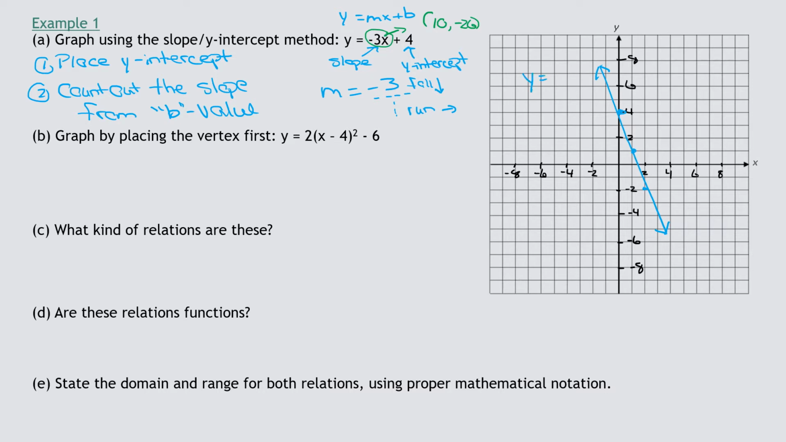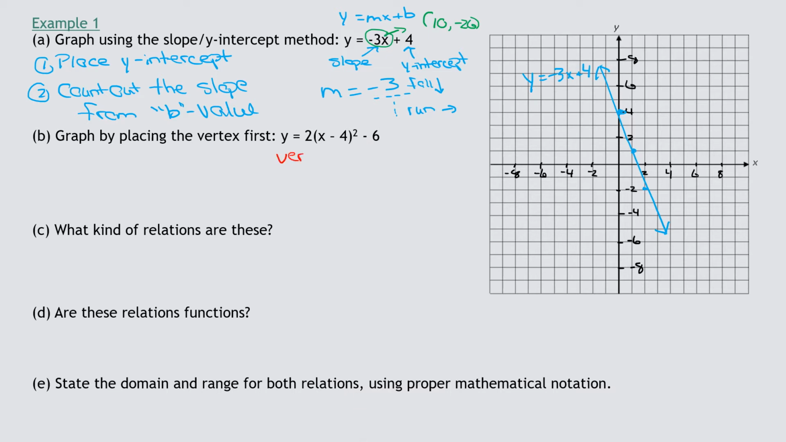Y equals negative 3x plus 4. Part B says graph by placing the vertex first. Okay, where's the vertex? Remember? Vertex comes from these two numbers right here. The vertex